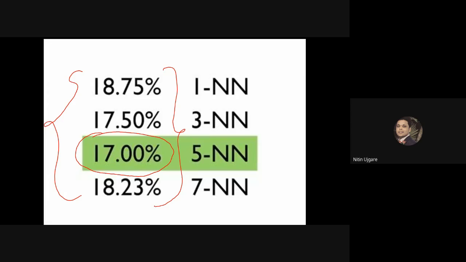Okay, so we have concluded that the 5 nearest neighbor classification machine learning algorithm is the best algorithm to detect bombs in public places like schools, shopping malls, public transport, and so on, right? So now that we have chosen our model, we have to evaluate it on the real world.